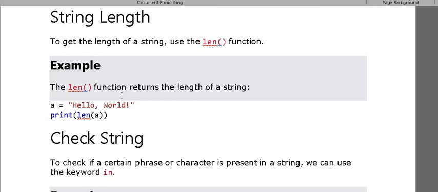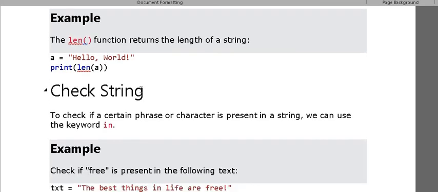Here a is equal to hello world, that is my string. If I want to keep the length in a particular variable, we can also do that, and the data type is integer. But instead of that, I am directly giving the len function into the print function. So whatever is the output of the len function for the string a, that is printed here.